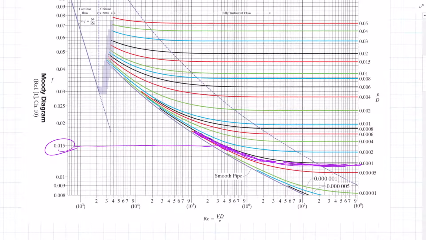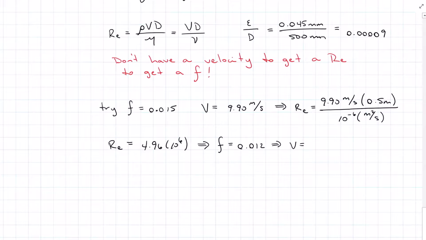And this purple line is still here for my relative roughness, but we've got 4.6 for that Reynolds number, and that brings me way down here, well, way down, to 0.012, because that's 11345, right? So I can plug that back in, where I get a velocity of 10.74 meters per second, which